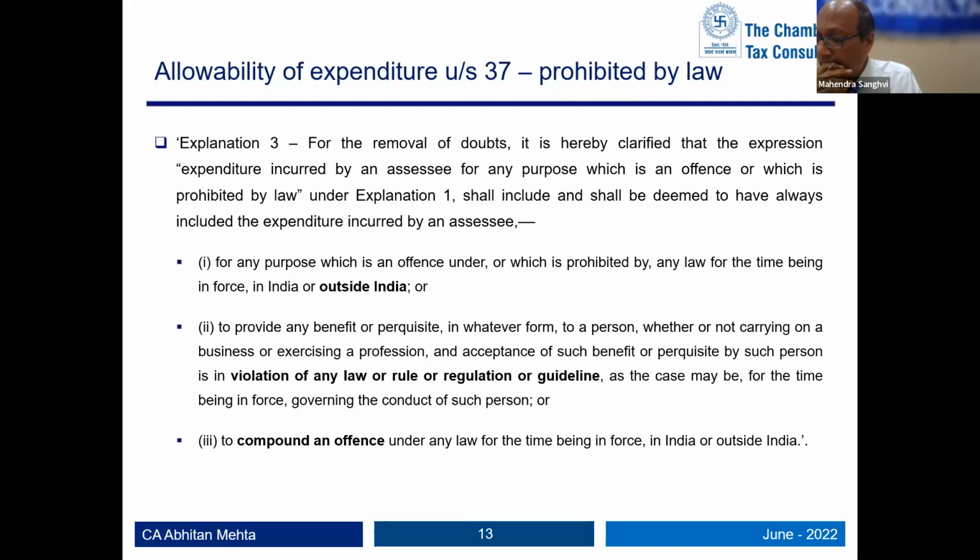Freebies: when the finance bill was introduced, you had a High Court decision in favor, the MP High Court, which says the medical council guidelines are applicable to doctors and not applicable to pharma. Relying on that High Court decision, there were numerous tribunal decisions which said under income tax that it is not an offense for me to give a freebie. So there shouldn't be a 37(1) disallowance for me. It is an offense for the recipient, and therefore whatever you want to do, you do it in his hands.